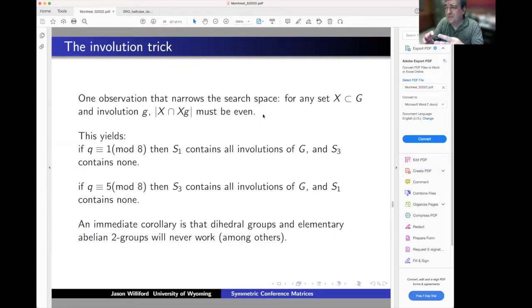Now, the lambda and mu of these strongly regular graphs have different parities. So that actually tells us something, that S1 has to contain all the involutions if Q is congruent to 1 mod 8. And